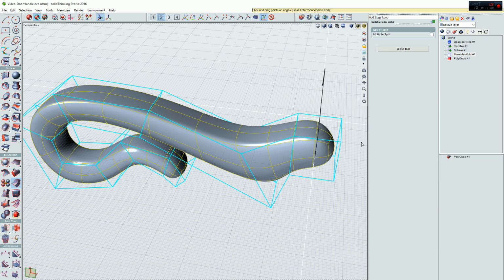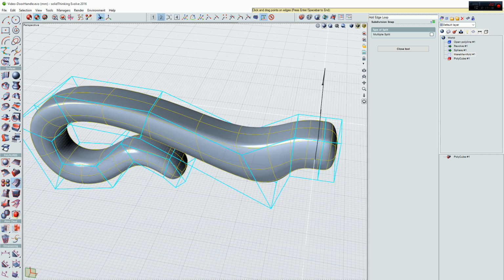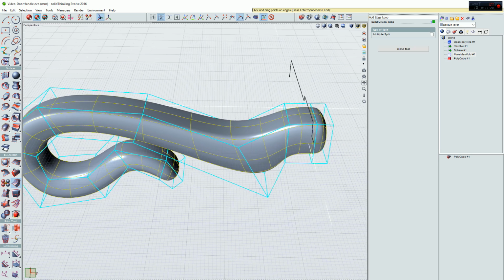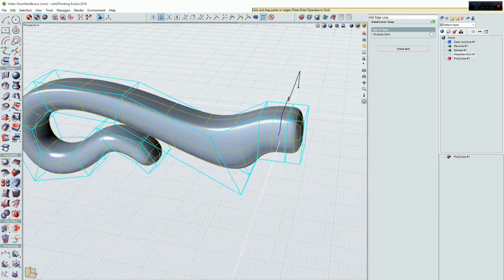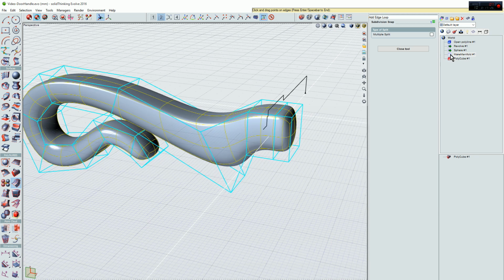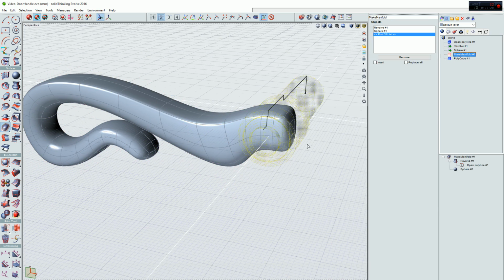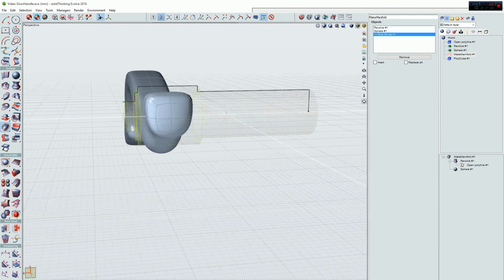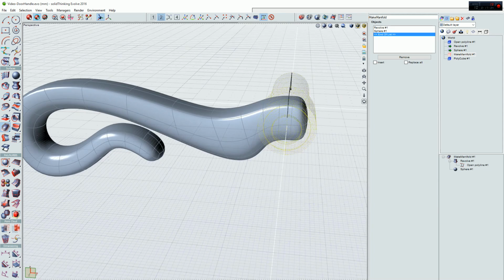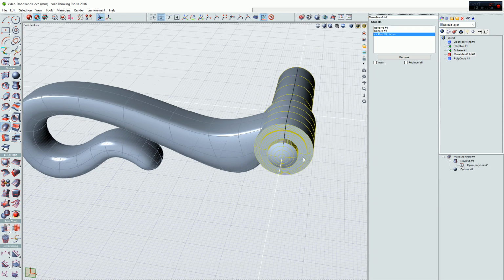The effect is just to flatten this face and have the same shape going forward. Now we can see that the shape is still well inside, so we are good with that, and we can unhide